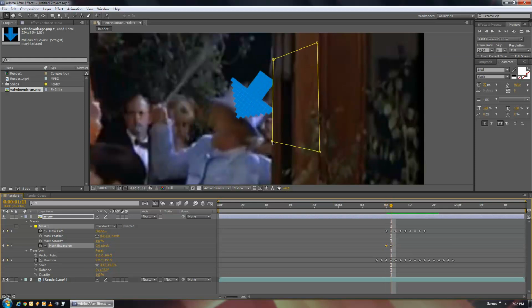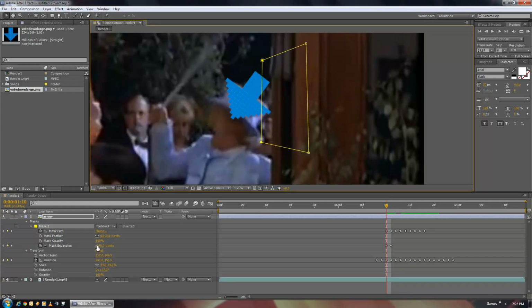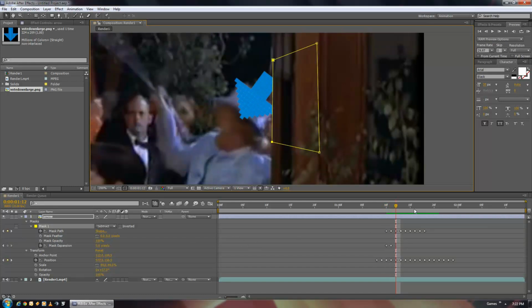So until he gets to the doorway, let's just move it a little bit more. Until he gets to the doorway, that mask is not going to be used because it's at -500. So that's just a little cleanup effort I like to do in case you perhaps get to the very end,